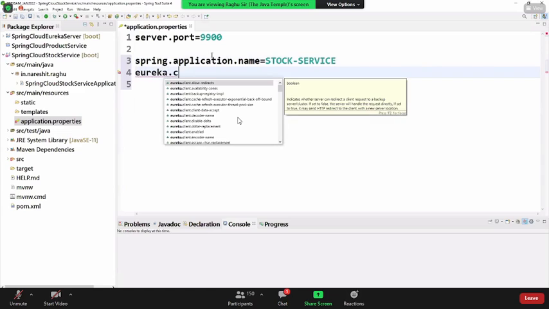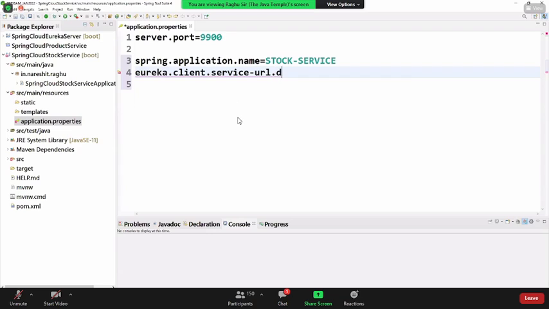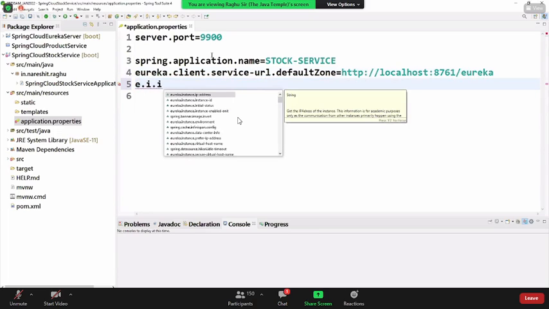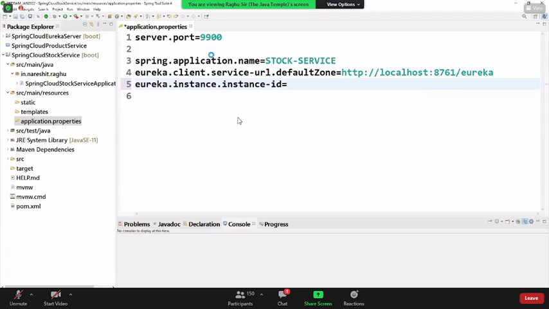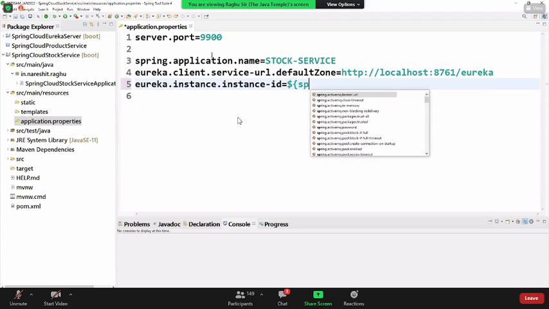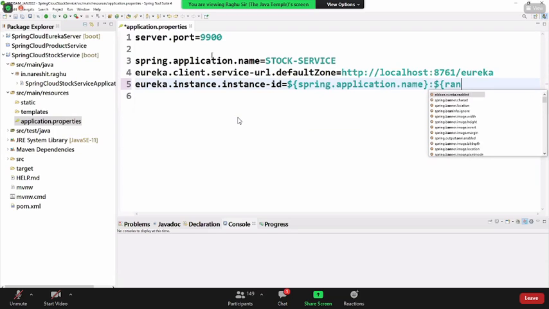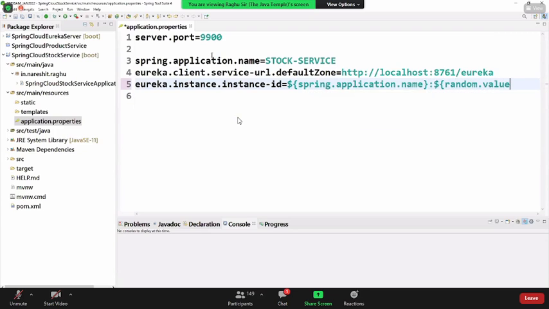Eureka location, the client service URL default zone.